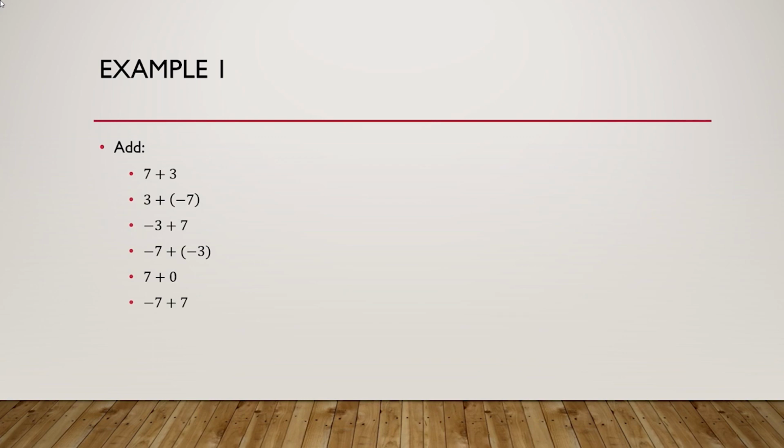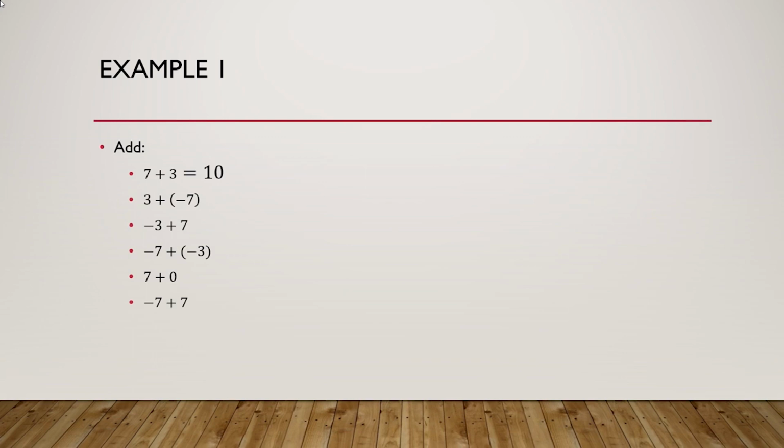7 plus 3, I think you know how to do that, that's 10. But let's look at the sign rules. Both of them are positive, so they're both going the same direction, so you would add them together, keep the sign, so that would be 10. Next one,